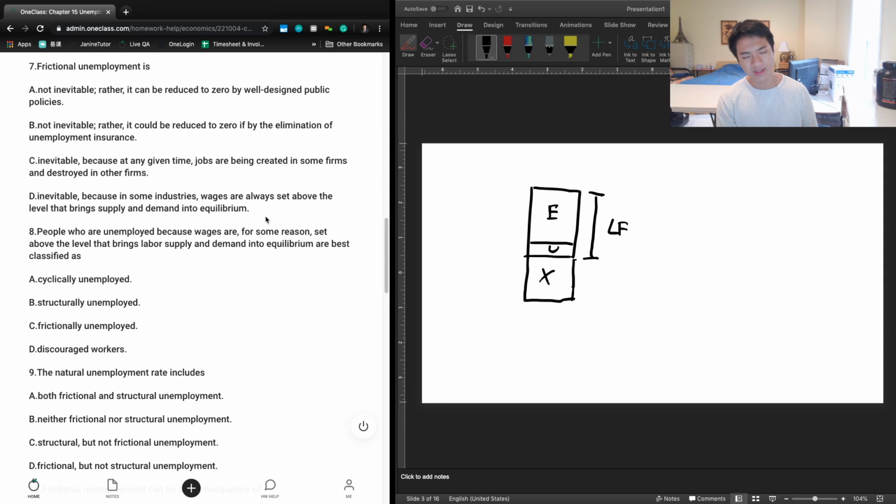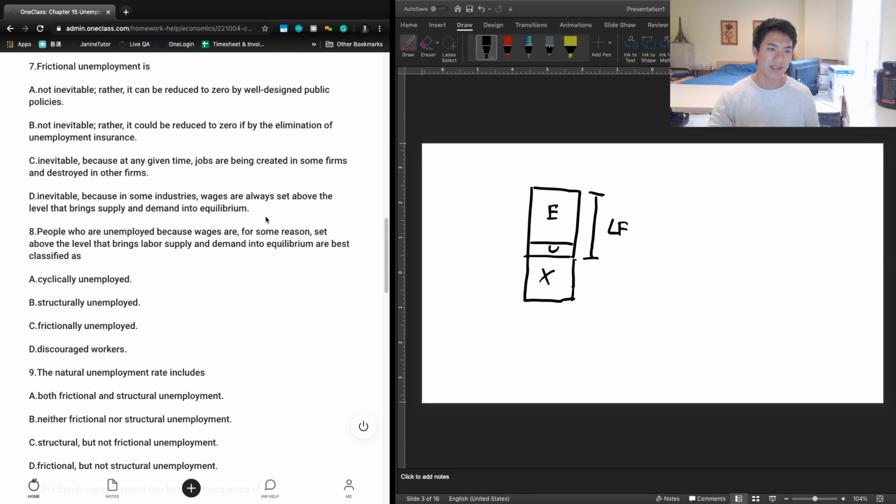But there is a relationship there that is important to know. So it's not going to be A, but B says the same relationship is not inevitable and can be reduced to zero, which we know is not the case. But it talks about eliminating unemployment insurance. And so if we eliminated unemployment insurance, that would also reduce frictional unemployment most likely, because what unemployment insurance does